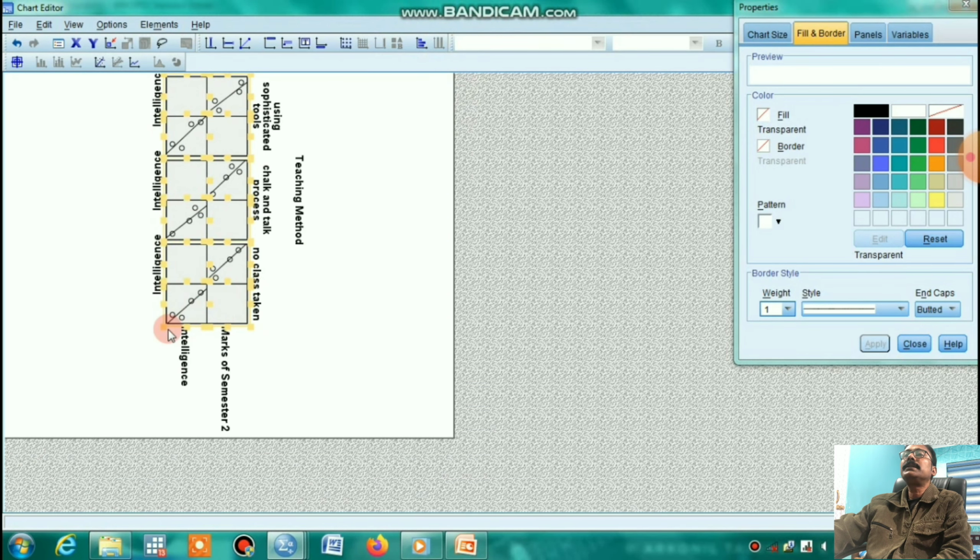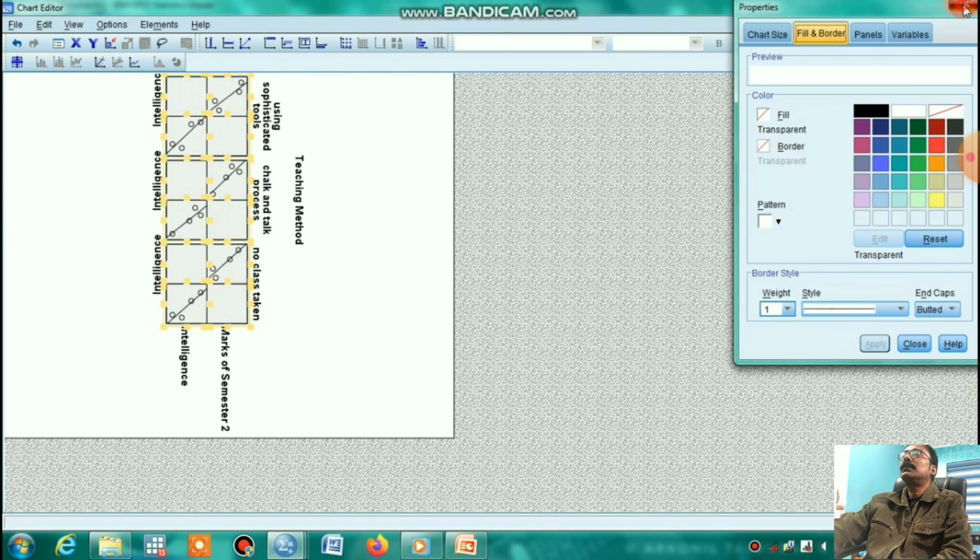We can consider this side or that side, any one side. A more or less linear pattern is seen with respect to marks obtained in semester 2, that is the dependent variable, and the covariate, intelligence, at each level of the independent variable.